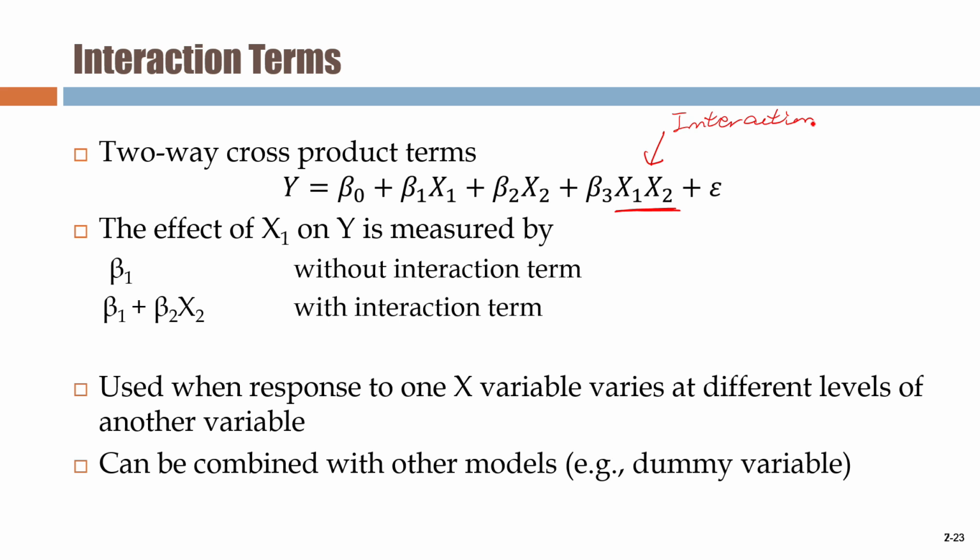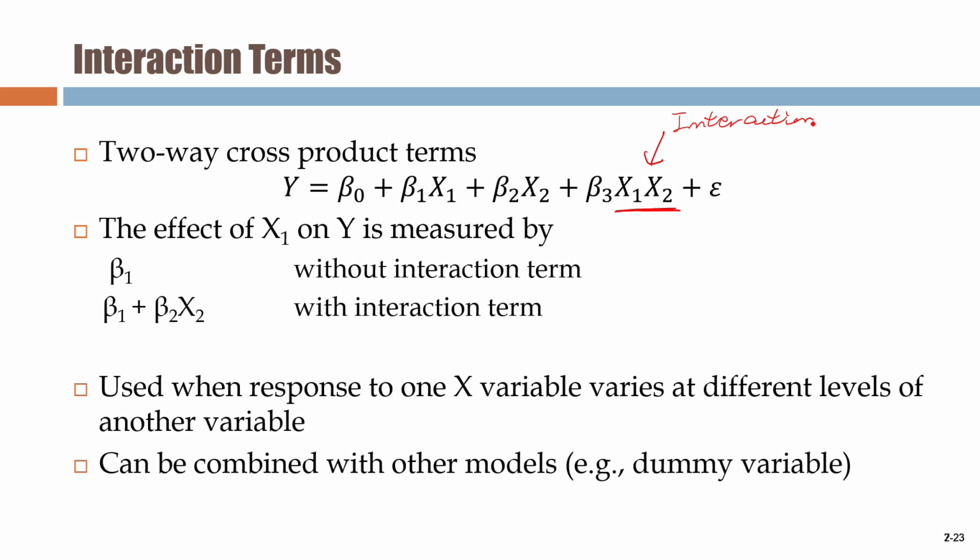Sometimes something is not effective by itself, but when the other thing works together, there can be a synergy, and then the effect of x1 can be totally different. So when you observe the possibility that the effect of x1 can be different when x2 exists or not,